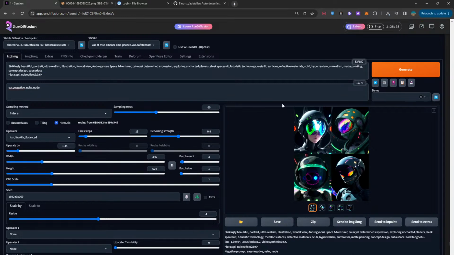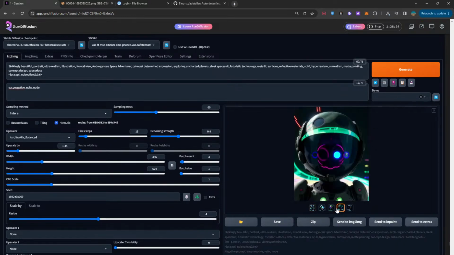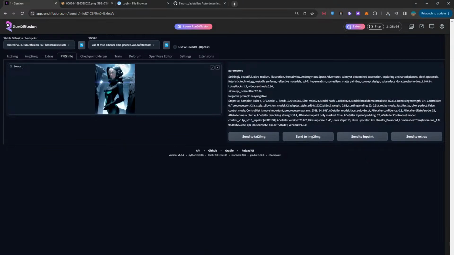So I think I'm using too many embeddings. It's getting some cool results here, but not faces. So yeah, I think the ADetailer brings a lot to the table here, and it's one of those little tweaks that will really up your game in regards to what you create. Maybe we try a different one that's a little bit more,